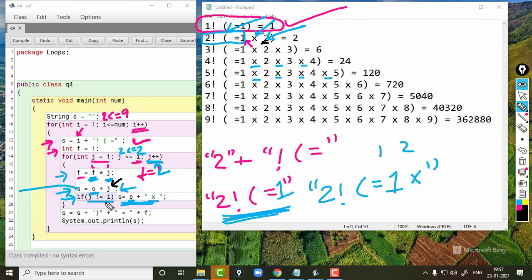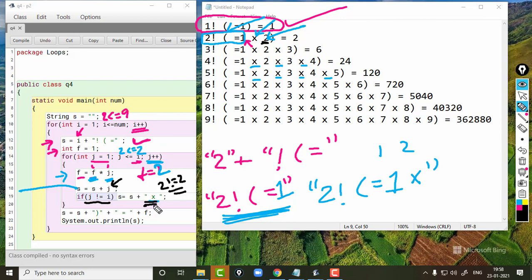Now let's come to the if statement, j is not equal to i. You see, j is 2 and i is also 2, so 2 not equal to 2, the condition is false.